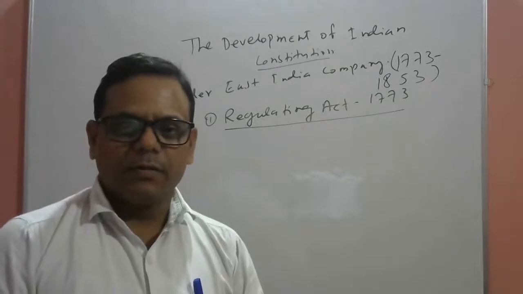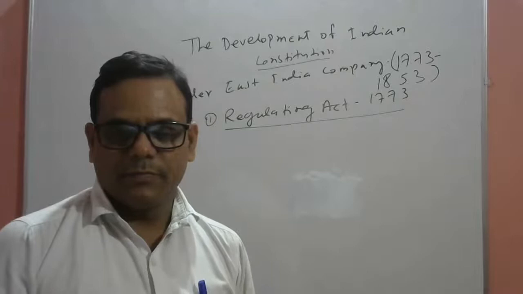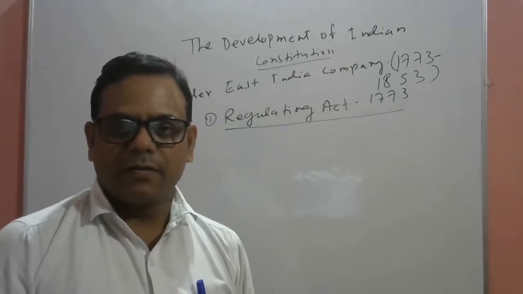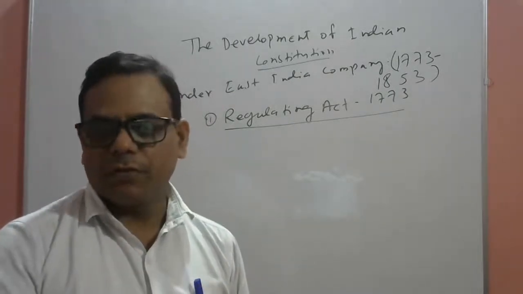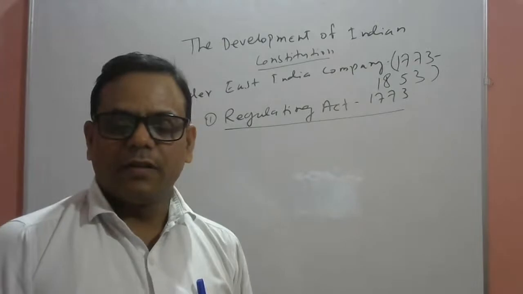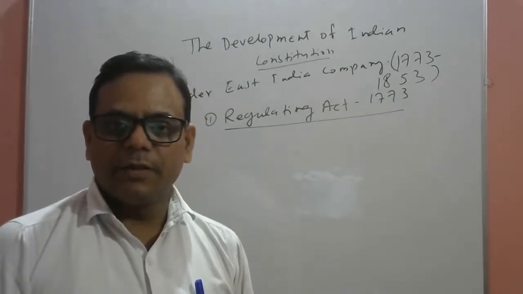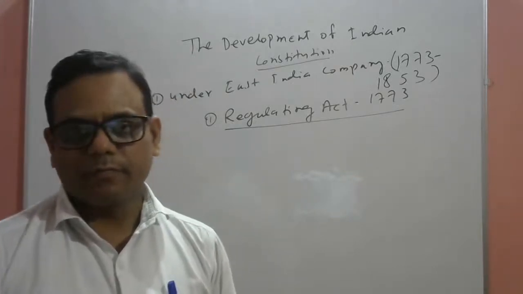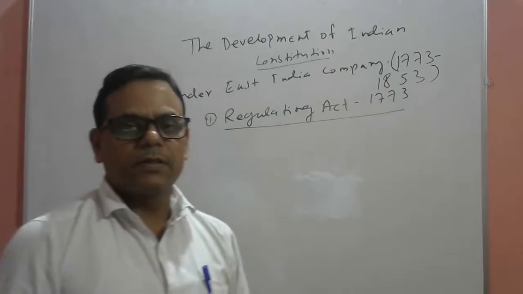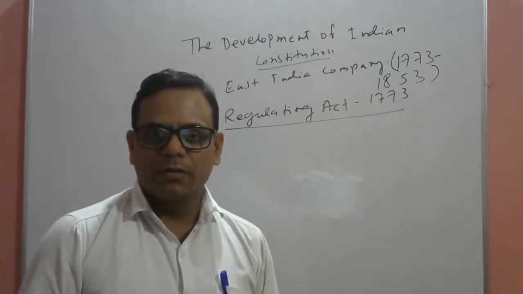But after the Battle of Buxar, 22nd October 1764, Clive started the dual government system in Bengal. But this dual system of Bengal was not successful,